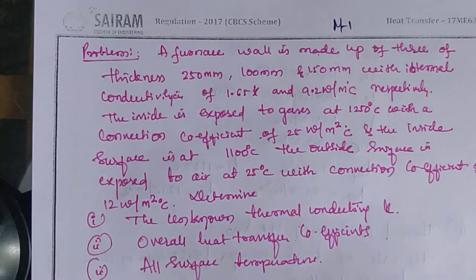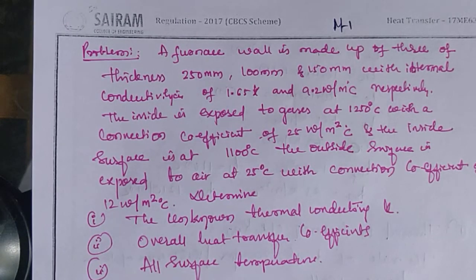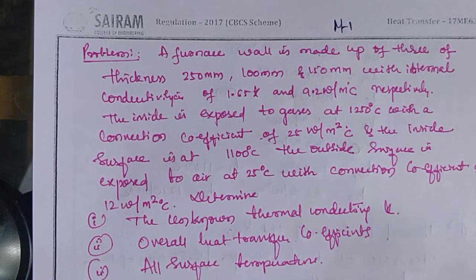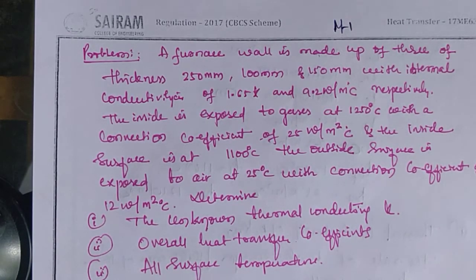Hello students, we are going to discuss a problem on module 1, that is based on the composite wall. The problem is like this: a furnace wall is made up of 3 layers whose thicknesses are 250 mm, 100 mm and 150 mm with thermal conductivities of 1.65, unknown, and 9.2 watt per meter degree centigrade respectively. The inside is exposed to the gases at 1250 degrees centigrade with a convection coefficient of 25 watt per